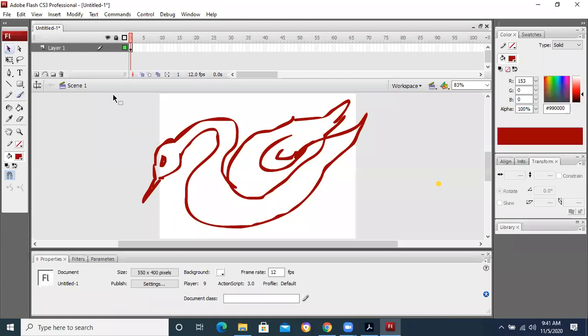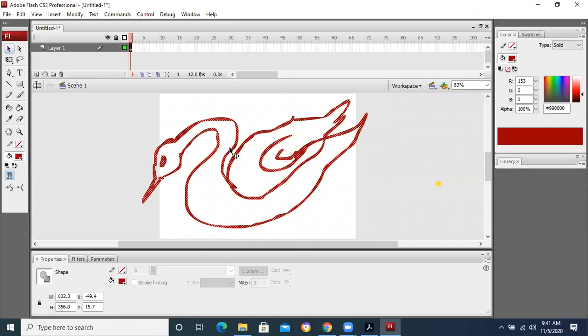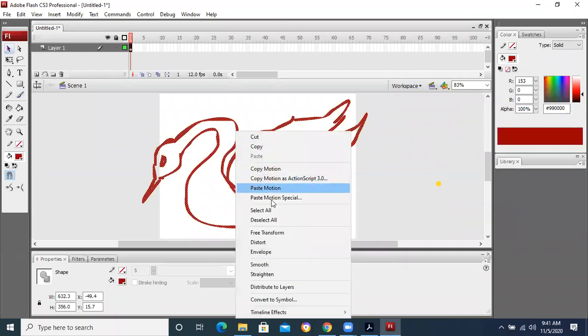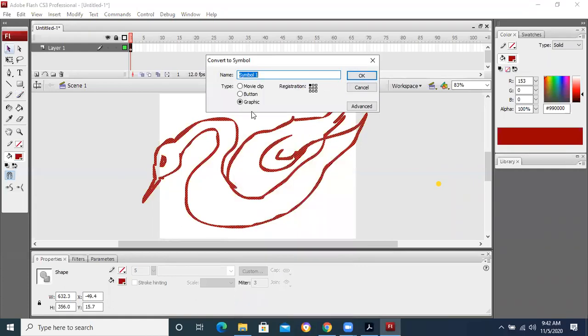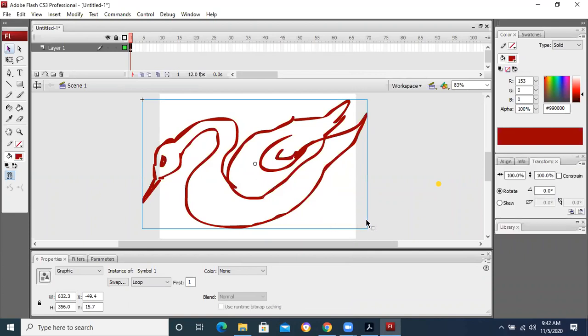Now if I select it and right click on it, I convert it to symbol. When I convert it to graphic, it will become an object. I can press Ctrl T or use the free transform tool.